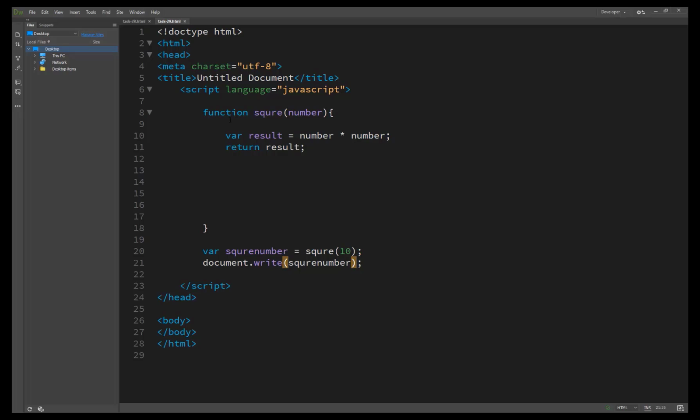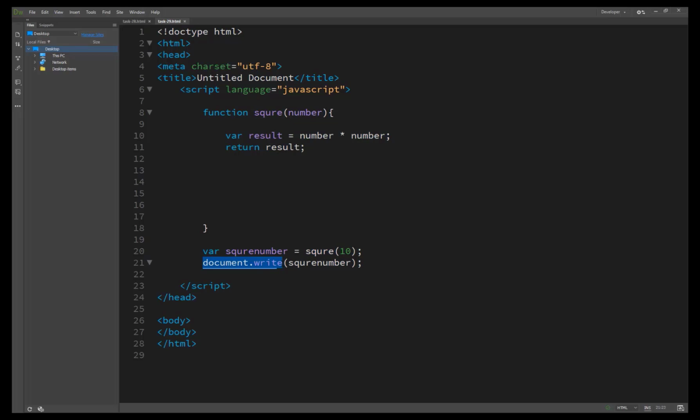The result is the same, but it's returning a value by using the return method. Here we created another variable, and in the variable we are calling the function, and the result returns the value to square. If we pass 10, then 10 multiplied by 10 will be 100. So the result is automatically returned, 100 is returned in square, so the value will be 100 and it's automatically assigned to the square number.